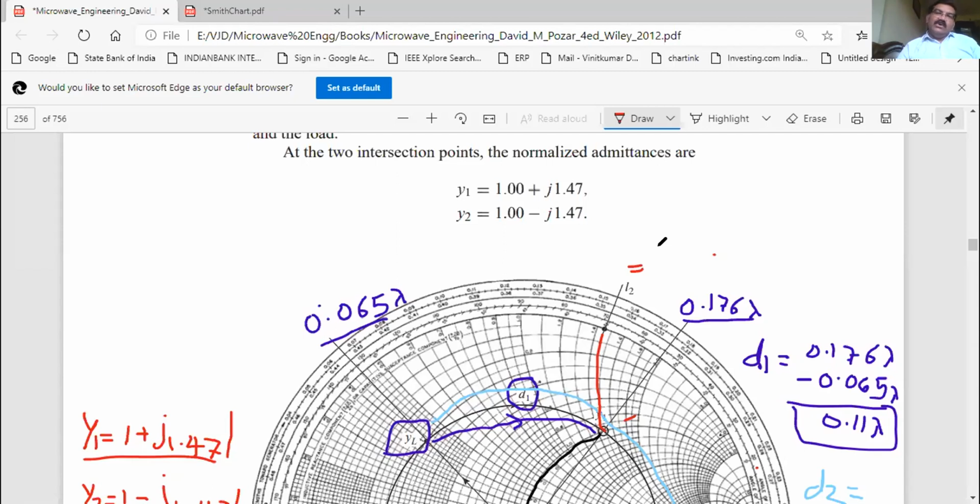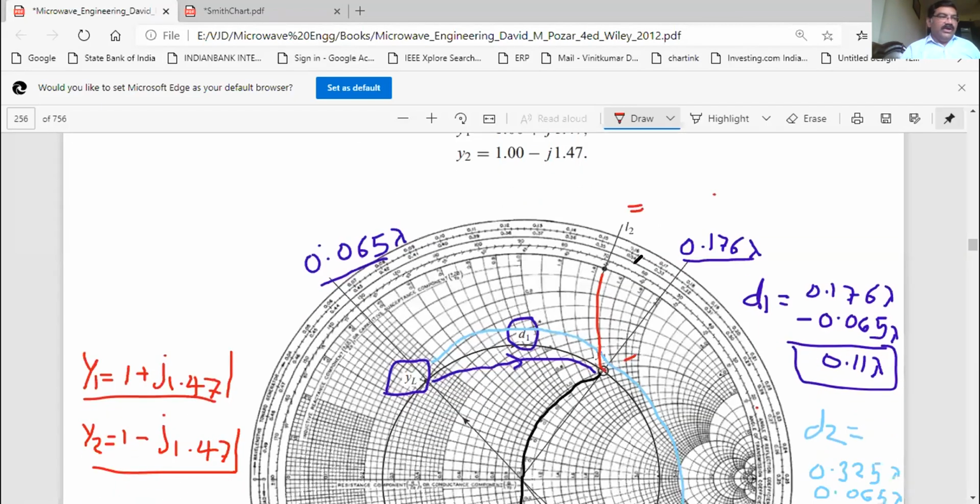What next you have to do? You have to calculate this lambda value. You have to read out L1 and L2. Then what will be your L1? L1 will not be only this value. So what you have to do? You have to just consider from this point. Which point? Now here in the problem, remember what stub is told here. Here it has been told as the short circuited stub.